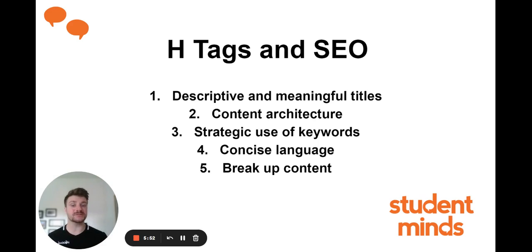1. Use descriptive and meaningful text in your H tags rather than generic or vague phrases. This will make it easier for users to navigate your content and search engines to understand the relevance. 2. Make sure your headings and subheadings accurately reflect the content of each section. 3. Use keywords strategically in your headings and subheadings to signal to search engines that your content is relevant to a specific search query. 4. Keep your headings and subheadings concise. 5. Use headings and subheadings to break up long content into smaller, more manageable sections that are easier to read